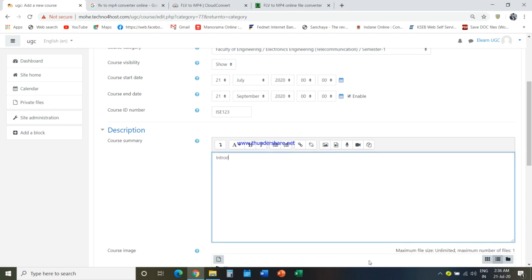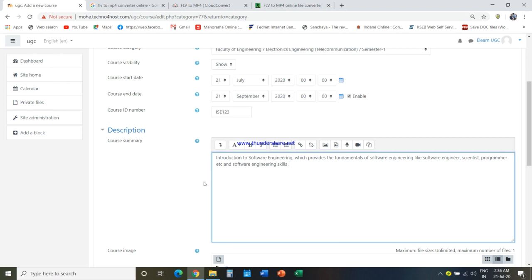So here, introduction to software engineering, which provides a fundamental understanding of software engineering, like software engineer, scientist, programmer, etc., and software engineering skills. Okay. So that is the course summary that we are going to mention.